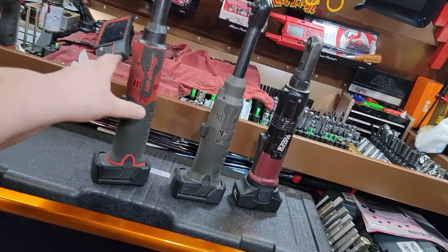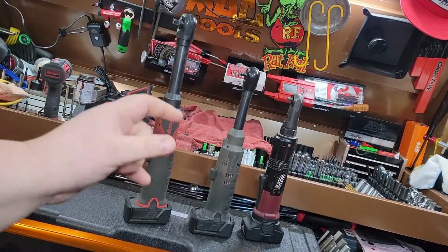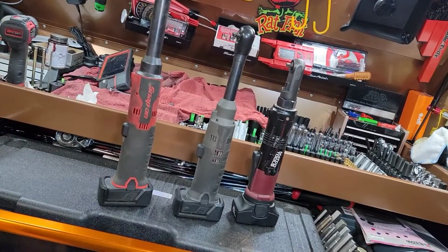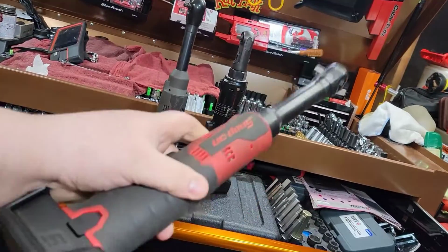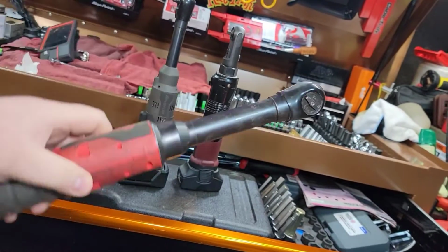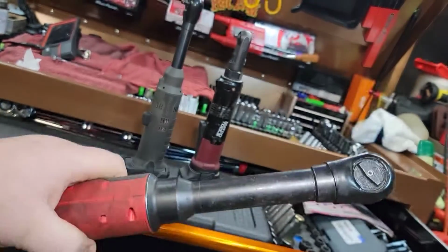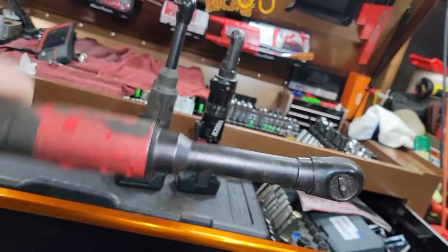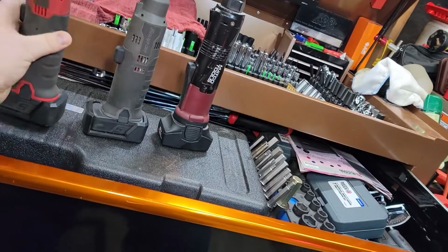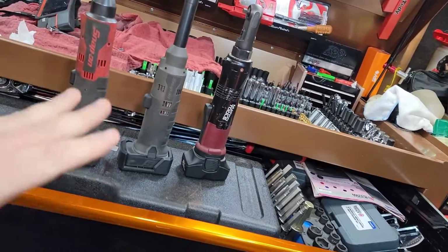Ratchets aren't made for a lot of torque. They're made for taking nuts off quick, spinning nuts on and putting them on. And the Snap-on has 150, I think, foot-pounds of actual torque. A lot of guys hold the button down and then try to break it away. But the thing about it is, you just grab a hold of this thing and use it like a big old ratchet, and that's legit, and it even states that on the website. That's okay, but